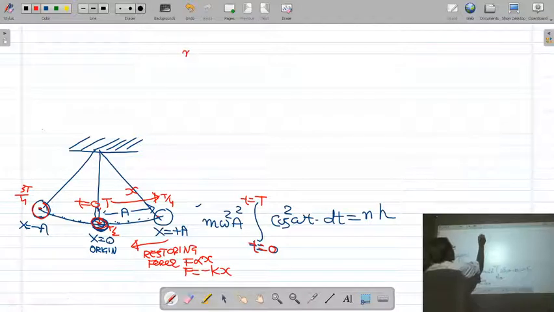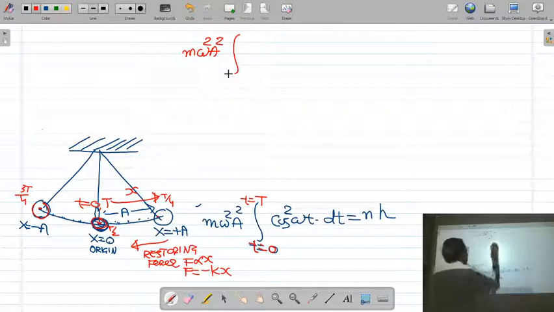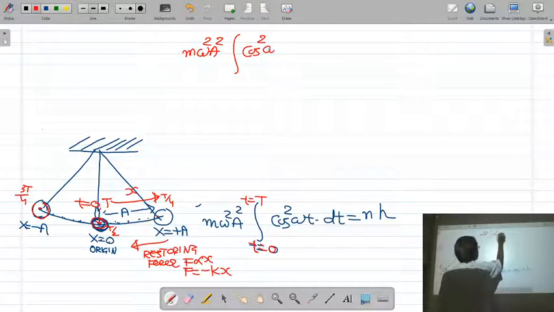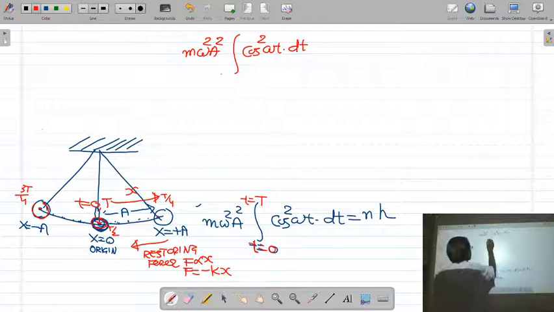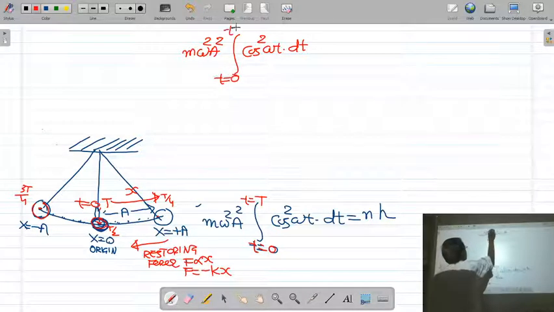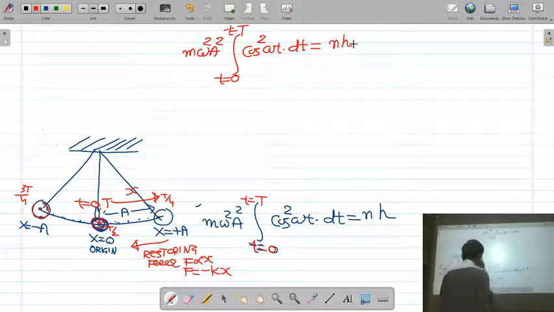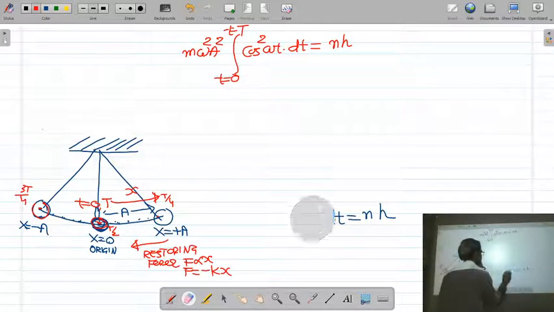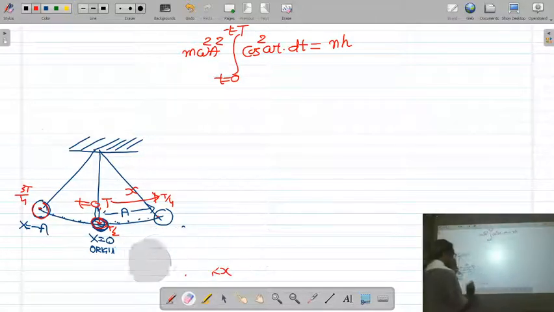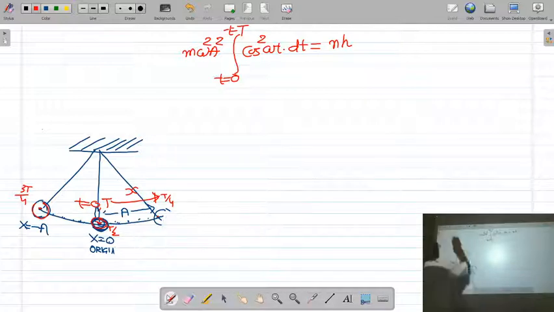So n omega square a square times the integration of cos square omega t dt. The limit of time is from 0 to T, that is the periodic time, the time to complete one oscillation. It is equal to nh. Okay. Now you know very well